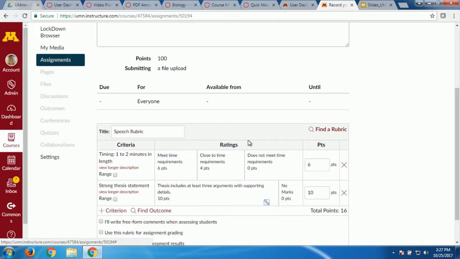This is a question we had earlier. What about extra credit? One way to add extra credit to a rubric: make your rubric worth more points than your total assignment value. So sometimes I'll put an extra row in my rubric that's like 5 points, and I'll have it as an extra credit. So technically my rubric could be out of 105 points, but my actual assignment in the gradebook's only out of 100. Anytime in the gradebook you get a score over your maximum score value, it's going to count as extra credit.